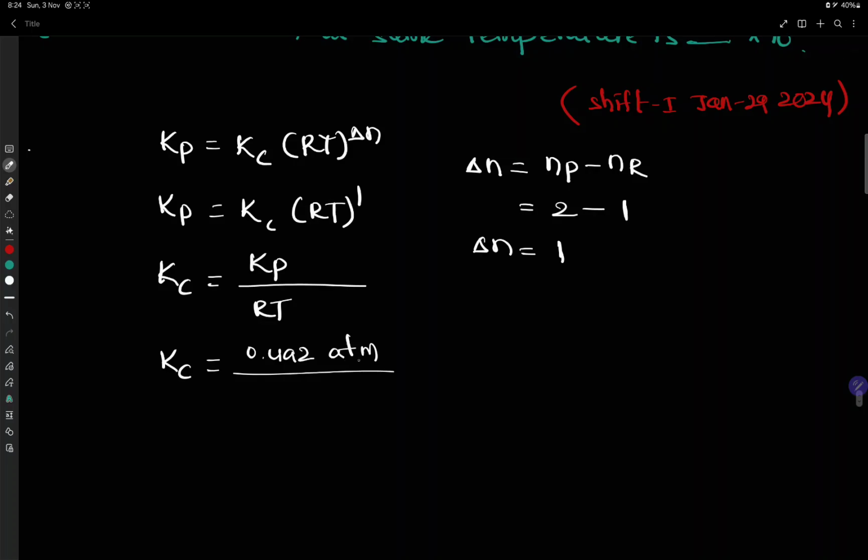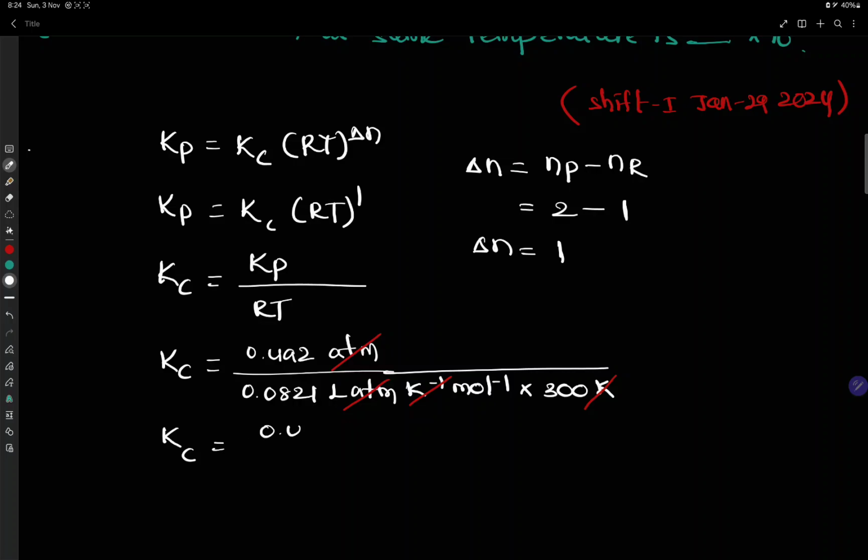You need to take R in atmosphere units: 0.0821 liter atmosphere per Kelvin per mole, and the temperature is 300 Kelvin. Now Kelvin cancels, and atmosphere in numerator and denominator cancels. Then Kc is equal to 0.492 by